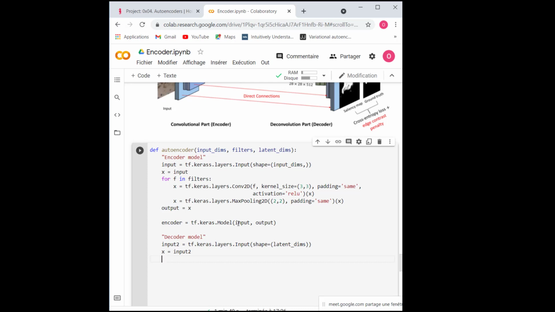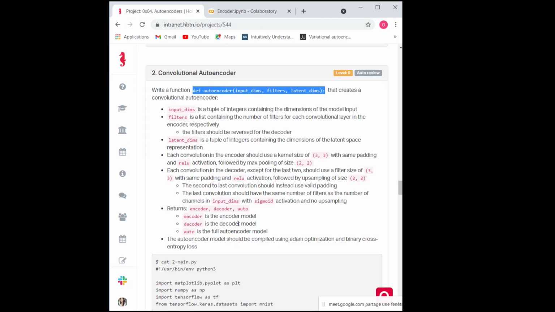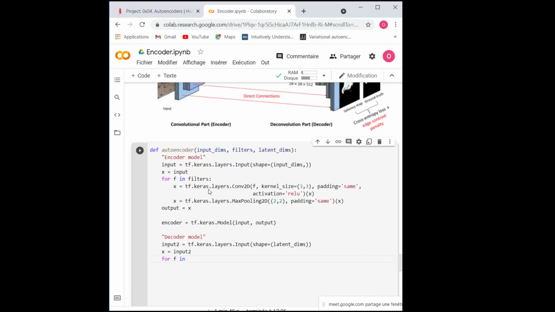Now I'm going to loop over the filters, but from the last to the first one. But in your task, it says that the second to last convolution should instead use valid padding. So the last and the one before that, we cannot use in this loop.